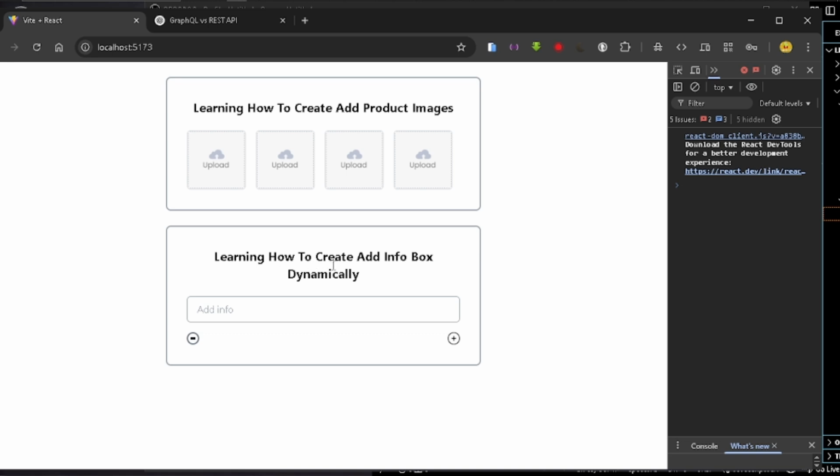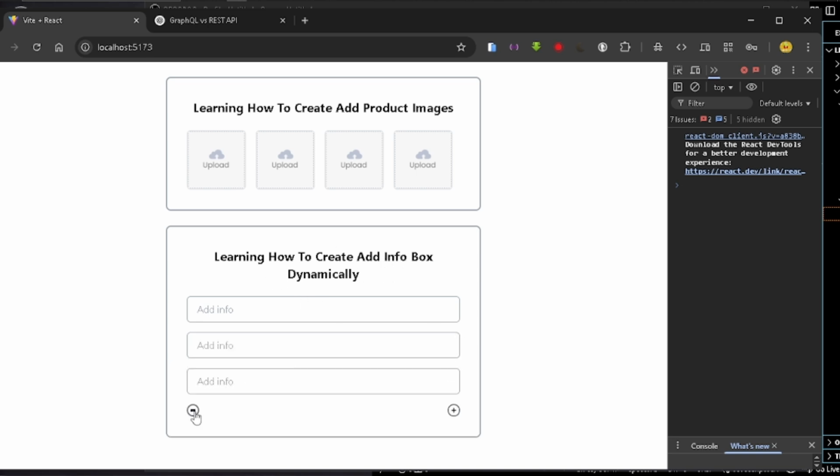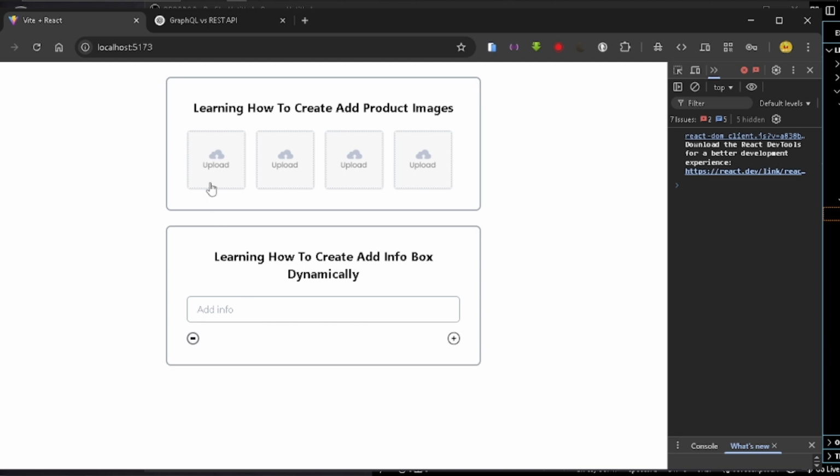to learn how to create input boxes, like generating input boxes dynamically. So here, if I click here, you can see I'm getting more input boxes to type in. And then here again, if I click here,